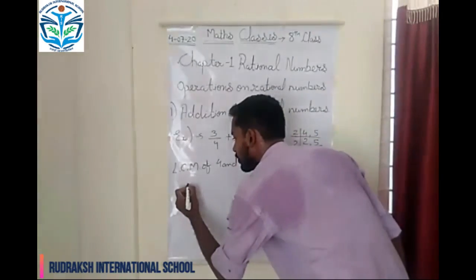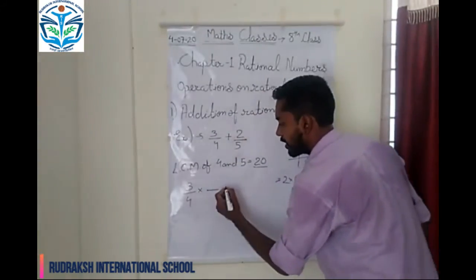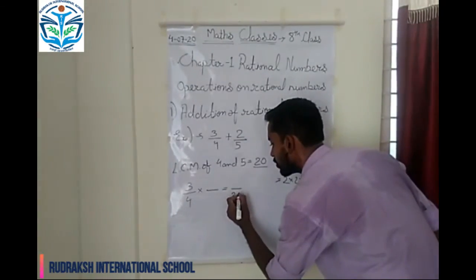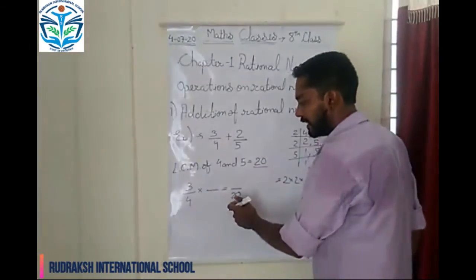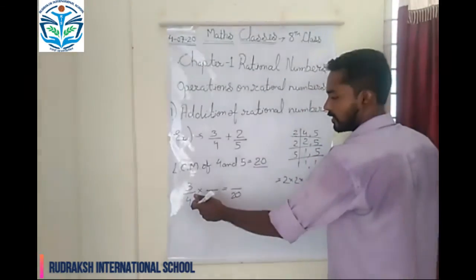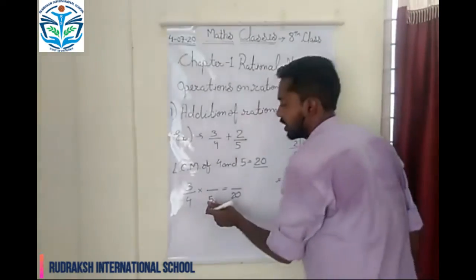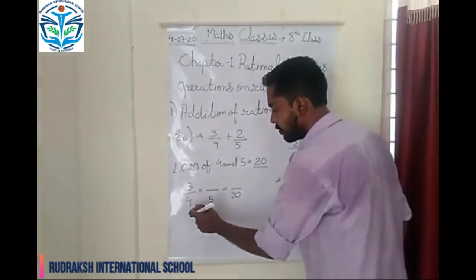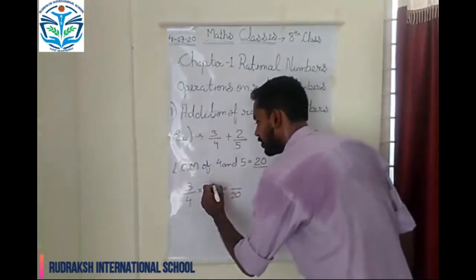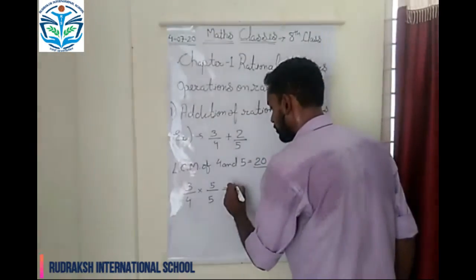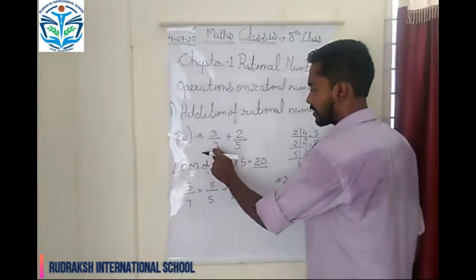Like now you can see here you are having 3 upon 4. So what are you going to multiply in 4 so that your answer becomes 20? We will look in the table of 4, so you can see that 4 into 5 is 20. So what you multiply in the denominator, the same number you will multiply in the numerator as well. So if you are multiplying 5 in 4, then you will multiply the same number in the numerator too. So it will become 15 upon 20. So this is the first rational number which we have solved here.